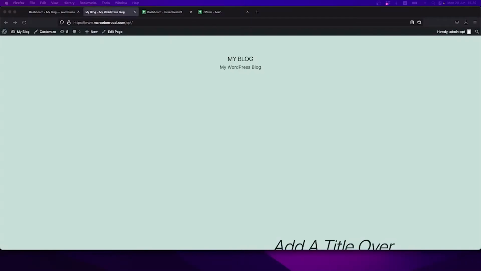Now, this is going to be a little bit different from what your environment may be, because all of these settings are theme dependent. So follow along. So everybody, we have our website we've been currently working on, marcoberrocal.com/CPT. So we are going to look into what theming is and how you can activate or see different themes